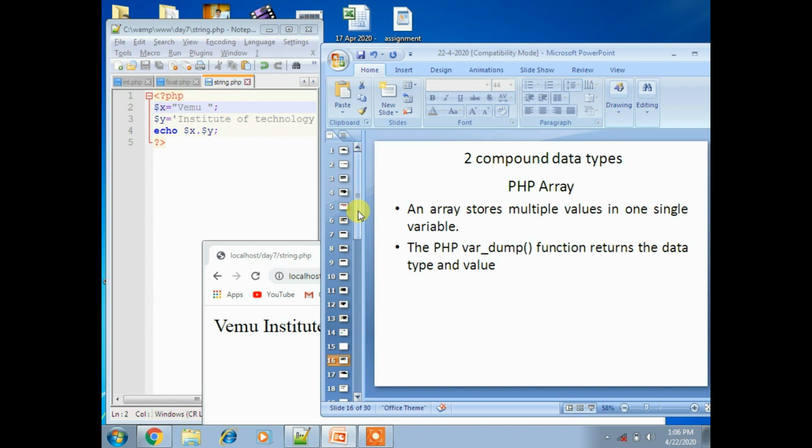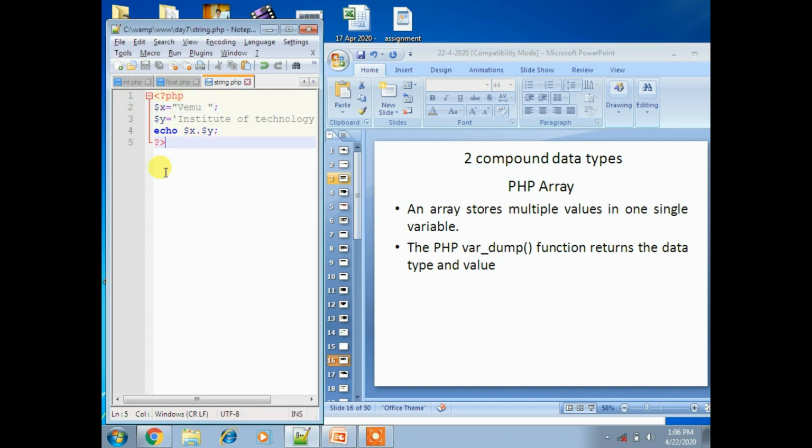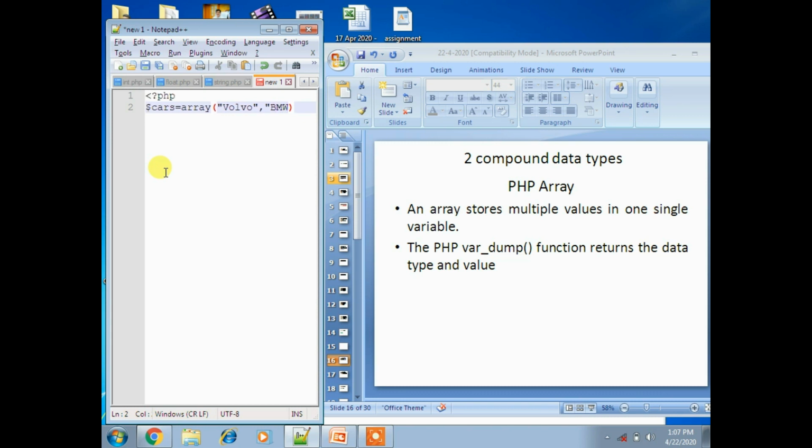So let's take one new example, <?php, and I'm creating one array with the name $cars equal to, I'm passing three values: Volvo car, another one BMW car, and another one Toyota car.